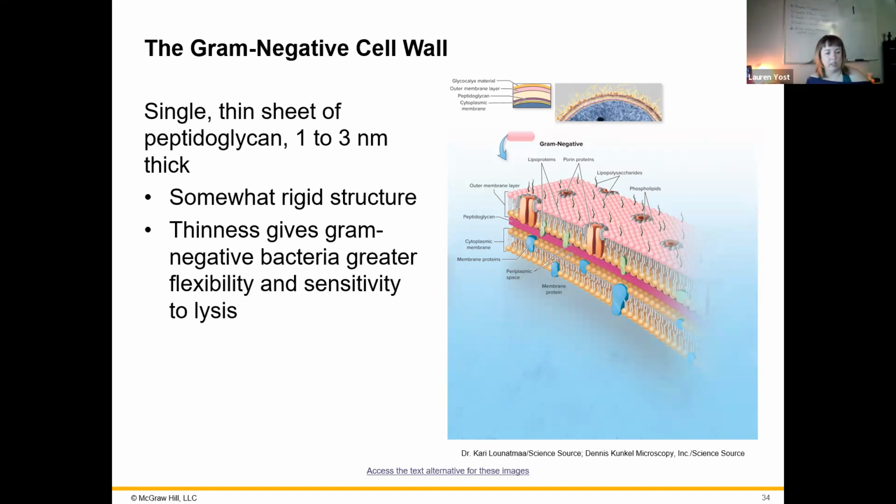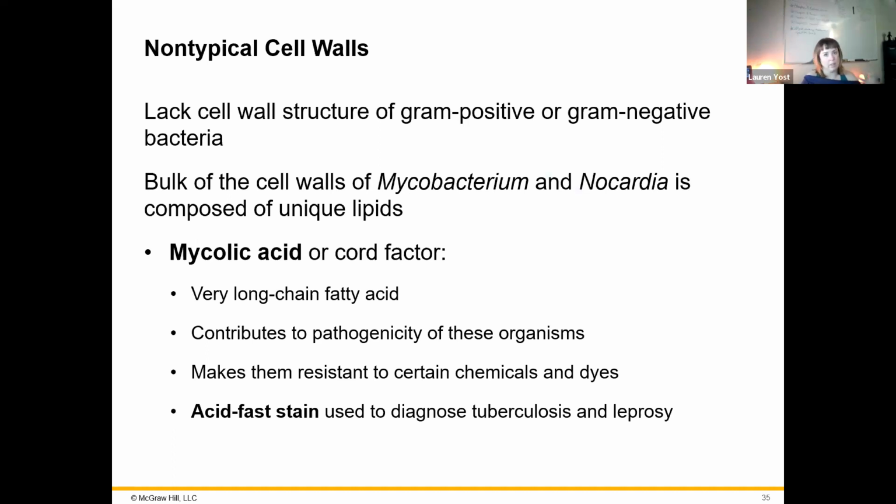But it is very thin, so it's a little bit more flexible. So it's great flexibility, which is nice for it, but it's also more sensitive to lysis, being burst open. It doesn't have that structure the thick ones had with the thick wall. Interestingly, we've already mentioned previously that Staphylococcus, like Staphylococcus aureus, because it can